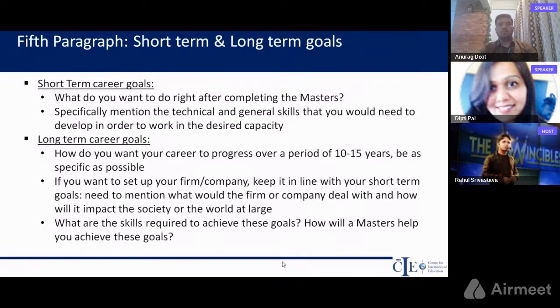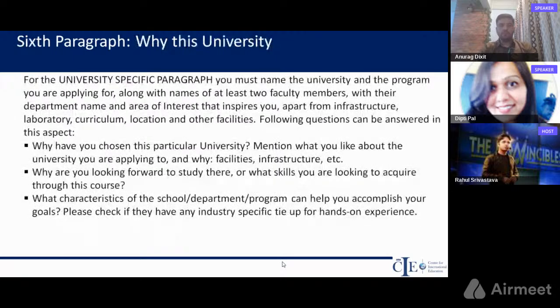Because a master's degree is intended for people who have a lot of clarity about what they want to do. They are able to use the things that are offered at the master's level more effectively, and the university also likes that because they have people with a clear vision and clear thoughts, so that they can train them in the right things that they are looking for. So career goals are very important.